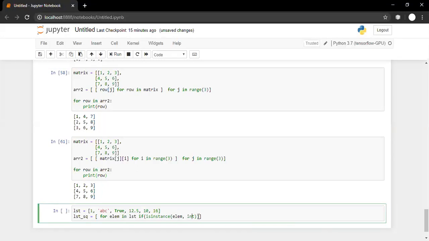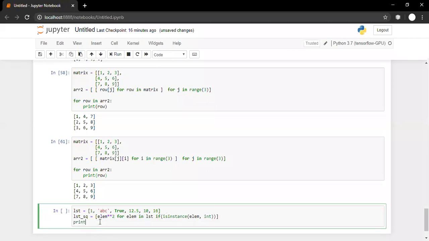If it is an integer, it will return true, otherwise it will return false. So the outer for loop is executed for element in lst, then the inner control statement is executed, and as we discussed, only those elements are returned which satisfy the criteria. So here we will get only those elements which are integers, and we are taking the square of these numbers and then printing the elements.